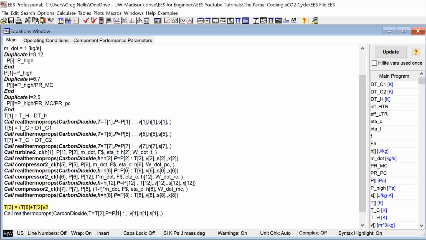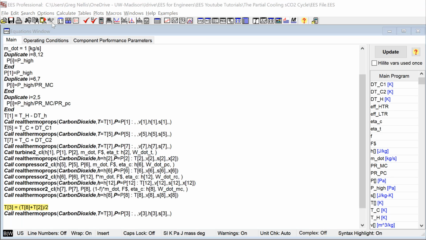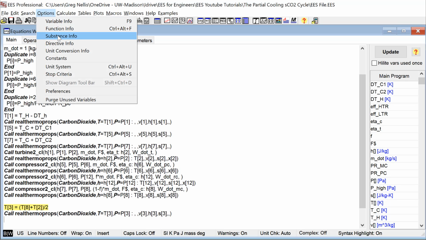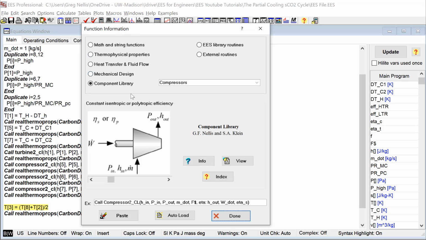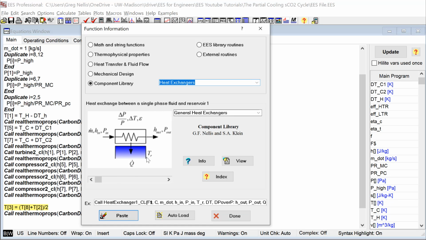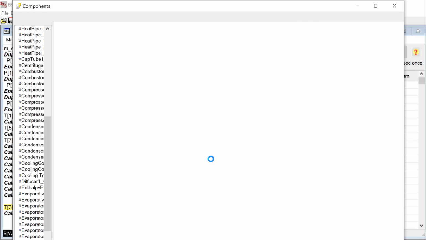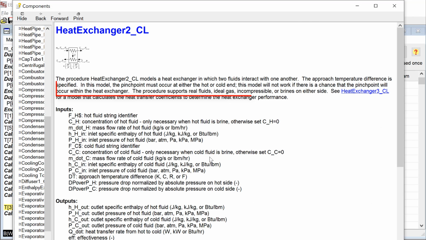All right, knowing the temperature and pressure at state 3 allows me to get all of the other thermodynamic properties at that state. So now I need to solve this low temperature recuperator problem. I need to identify the appropriate model to do that. So again, I'll go back to the component library, and now I'm going to select heat exchangers, and I'm going to scroll through the counterflow options. So the model heat exchanger 2_CL looks okay, but if I inspect the help a little bit more closely,